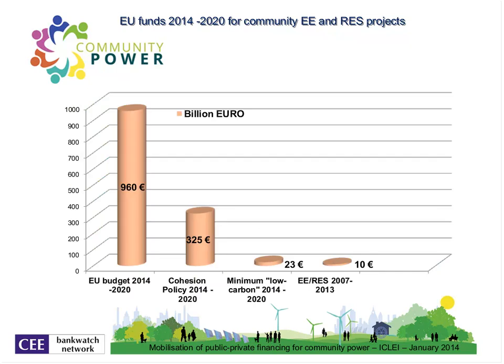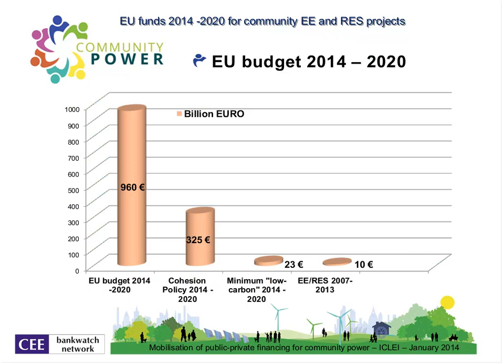About how much money are we talking? The EU budget, valid and in force since two weeks ago, has roughly the size of 1 trillion. This is exactly 960 billion euros. Is this a lot or is this little? This is about 140 billion euros per year, which is the state budget of Denmark or twice the Czech Republic. So with the EU budget, you can run countries like the Czech Republic twice.